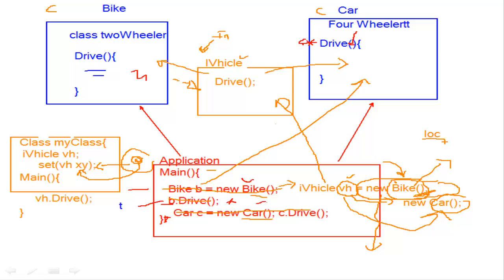Your object is not going behind the dependent objects. So how do you write a usual program? If somebody asks you, okay, create this application, I want to drive a car or I want to drive a vehicle, how do you write your ordinary Java program? So far, this is the way you used to write the ordinary Java application. You had this main, and in that main you said new bike, new car, new truck, and then said truck.drive and so on. That means your object was dependent on something, and you started creating it on your own.